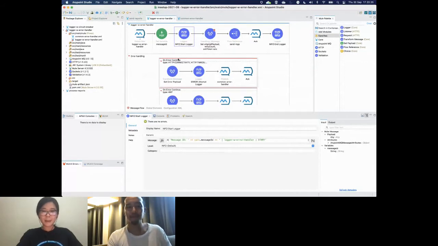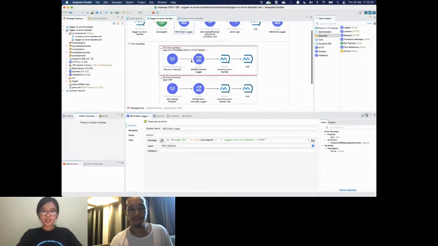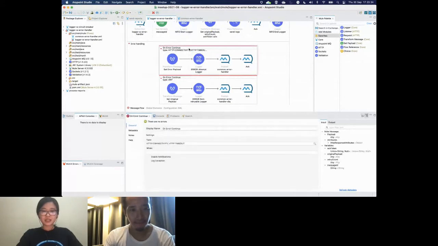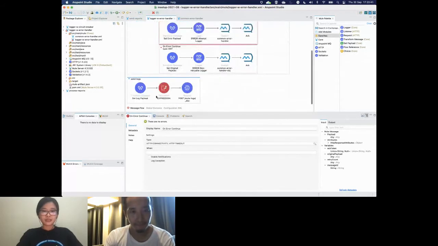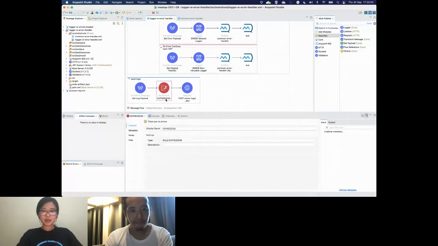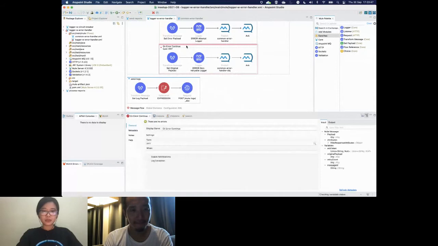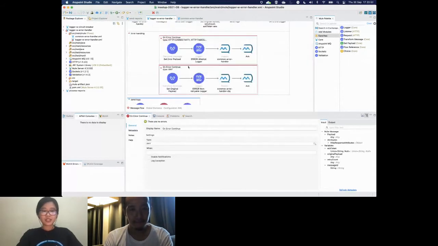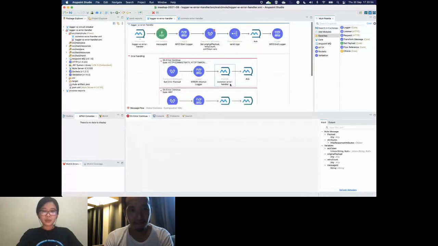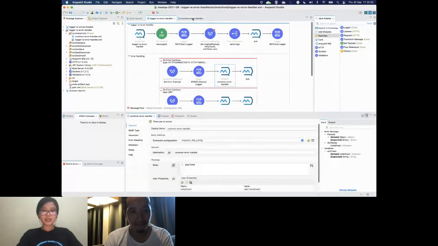From there, as mentioned, we are leveraging MuleSoft's on-error scope. Depending on the error type we encountered, we are going to resend it or just send it straight to the DLQ. For the first example, we will always force an expression error, and it's expected to go to this any scope. For connectivity errors, it would go here, which is a separate MQ.